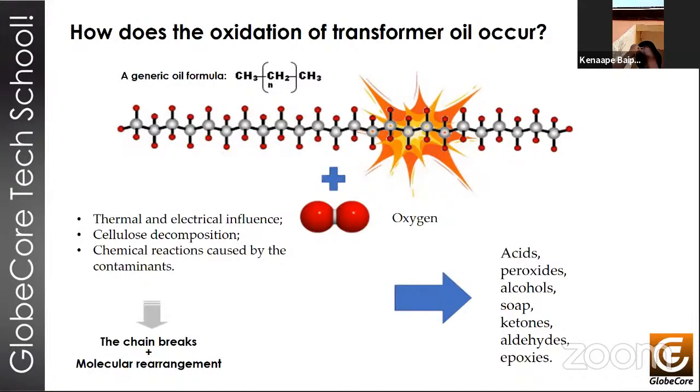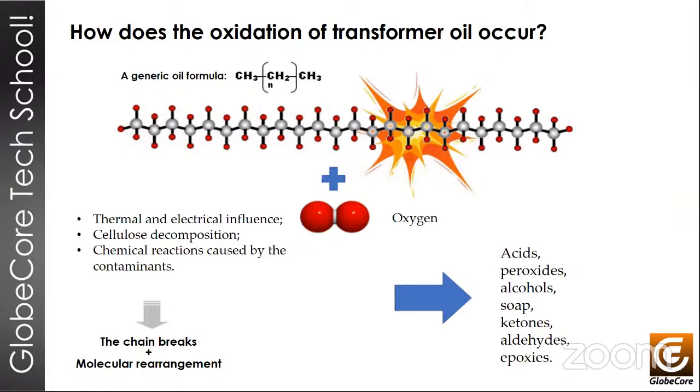So briefly, how transformer oil becomes oxidized. This slide is familiar for those who were here for the Duval triangle webinar. Everything is just about the same. Here we have a molecular chain, a generic molecule of oil, let's say. And imagine that the gray and red atoms are the hydrocarbon, right? So there is carbon and hydrogen. This hydrocarbon is oil, and it undergoes various processes. Under the influence of energy, the bonds between atoms break, and the atoms can separate from the molecule. Now, we've seen that gases can be formed in this process, and if we have oxygen in this mixture, which we often do, what happens is